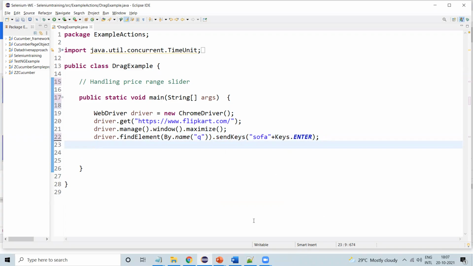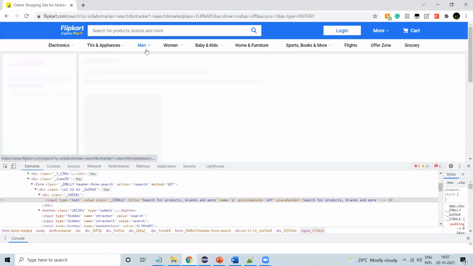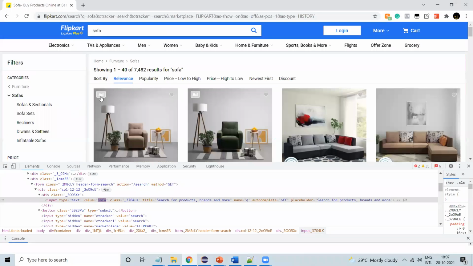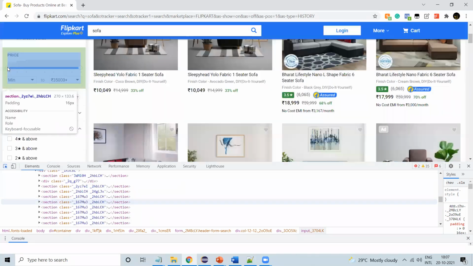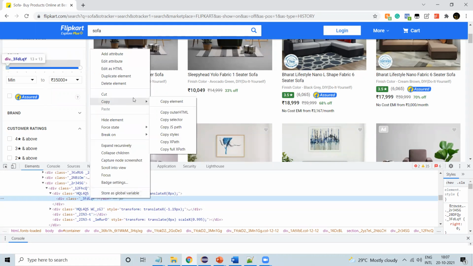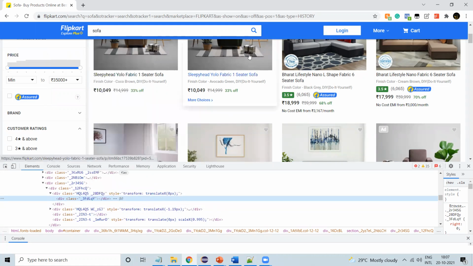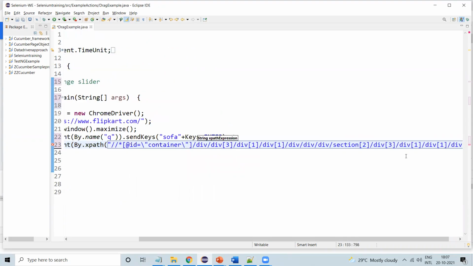Now once it is done, here we need to find the locator of this element. I'll copy this XPath over here. driver.findElement(By.xpath(...)), I'm passing the value.